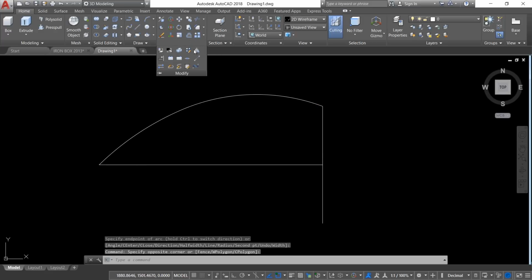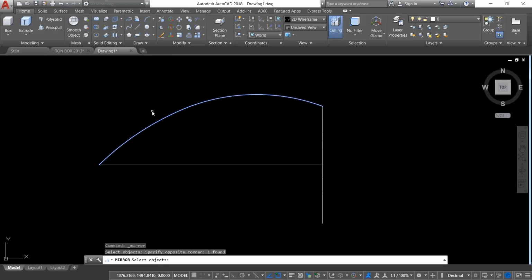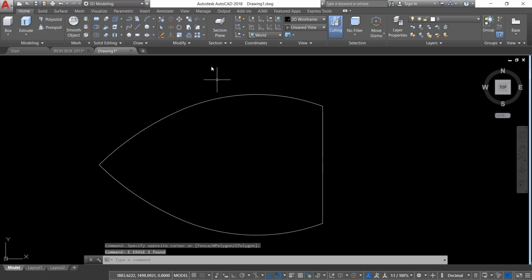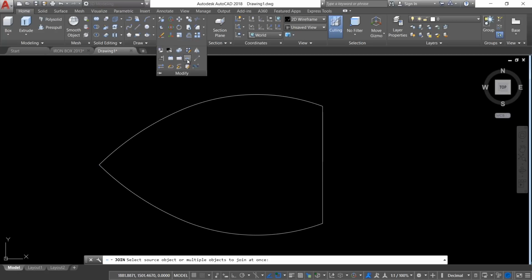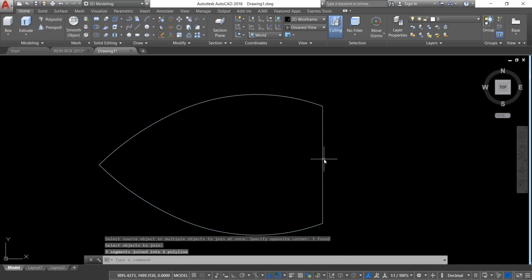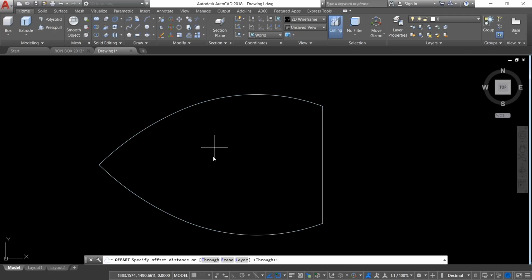Next I'll go to modify panel and choose mirror command and I'll choose this as a profile to be mirrored. This is the first point on the mirror line. This is the next point on the mirror line. Okay, just give enter to come out of the mirror command. Now erase the center line. Now go to modify panel and take join and select all these profiles and convert this into a single profile. Next I'll give offset command and I'll give an offset distance of 0.3 and this is select object to offset